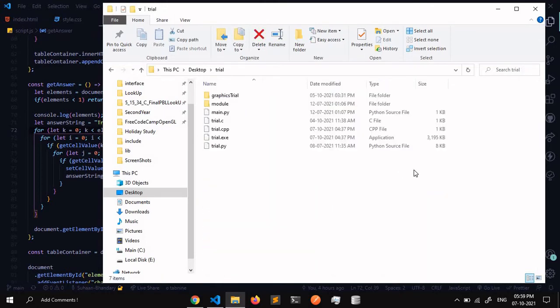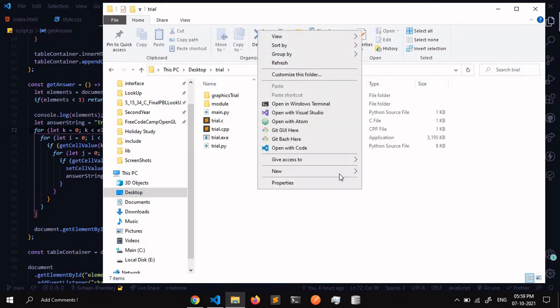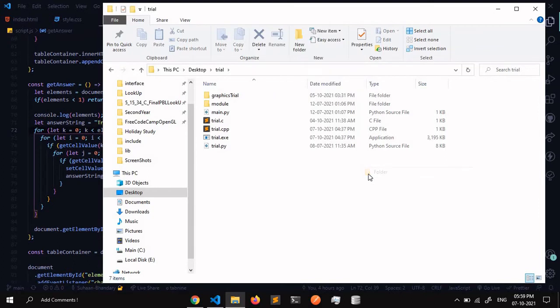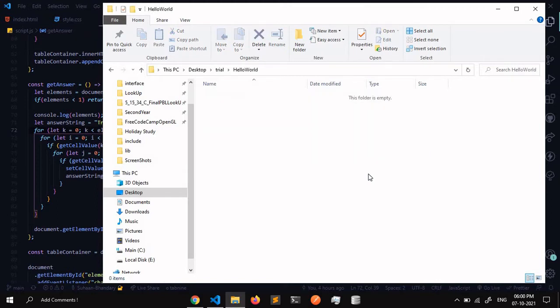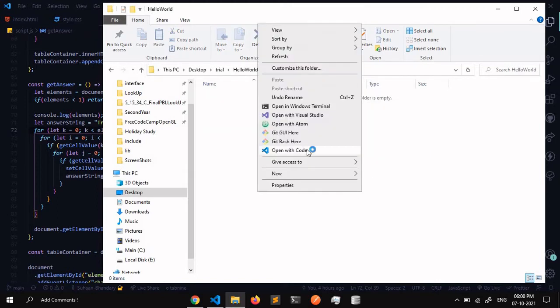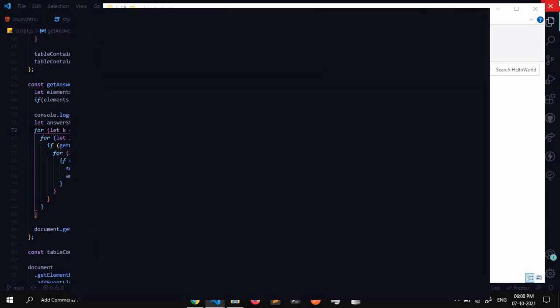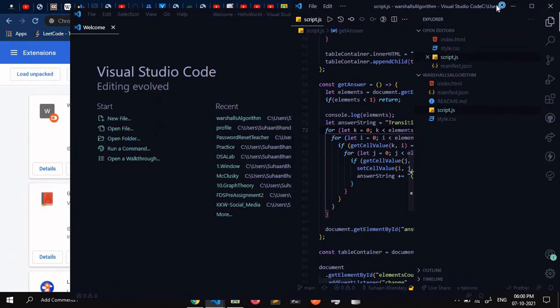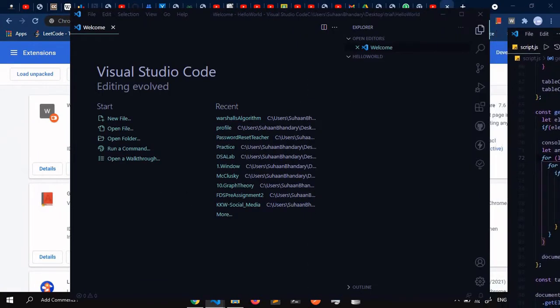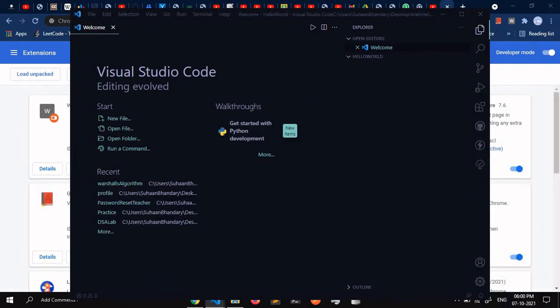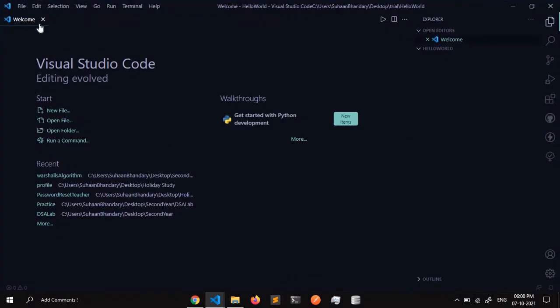I will make it in my trial folder. Now for making, I will give it hello world, and now I will open it in VS Code. I will take it off the screen so that you can view it clearly. Now in VS Code, first we have to make a